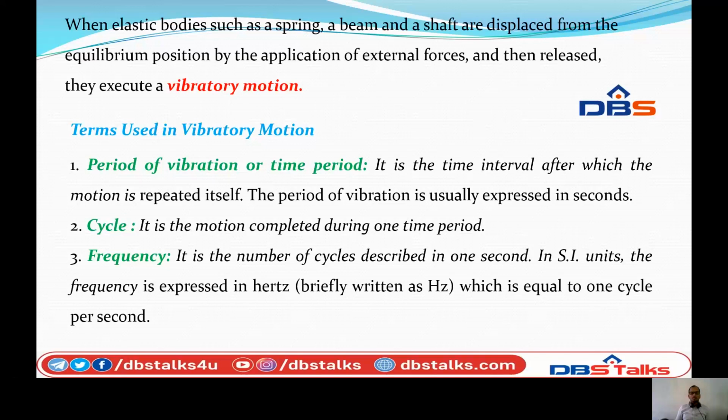Since whenever we apply the force, an elastic energy, that is strain energy, is developed internally and converted to kinetic energy, so the body jumps up and down. After a certain period, the kinetic energy again comes back to strain energy, that is, to the equilibrium condition. In this way the vibratory motion is repeated indefinitely. So like that the body is moving up and down.